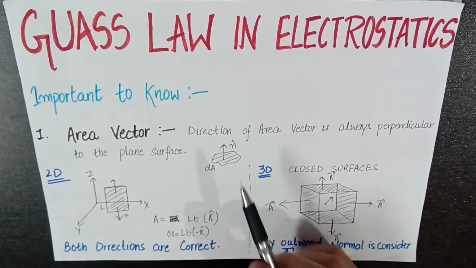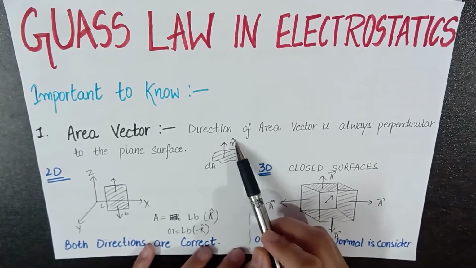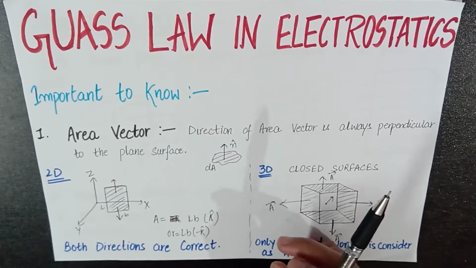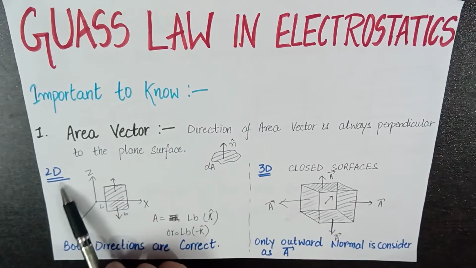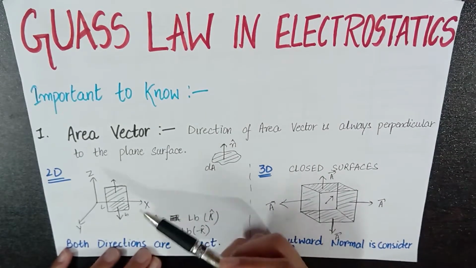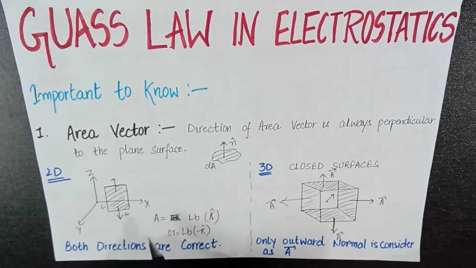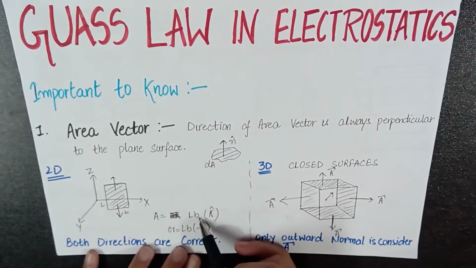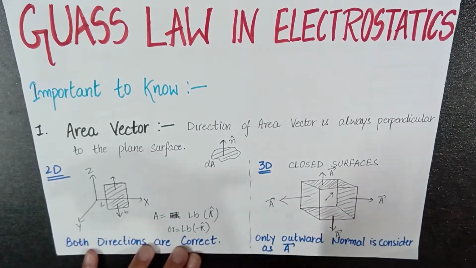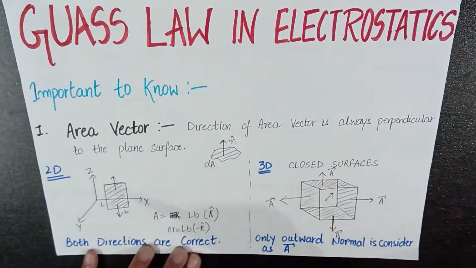So for that, we give the direction to the area by drawing a unit vector perpendicular to the surface. This is how we can consider it as a vector, the area vector. Let me show you how. If we are working with 2D objects, like this rectangle considered in the x, y and z plane, we can calculate the area by length into breadth. This is the magnitude. In order to provide the direction, we just have to draw the unit vector perpendicularly above and below the surface of this area.